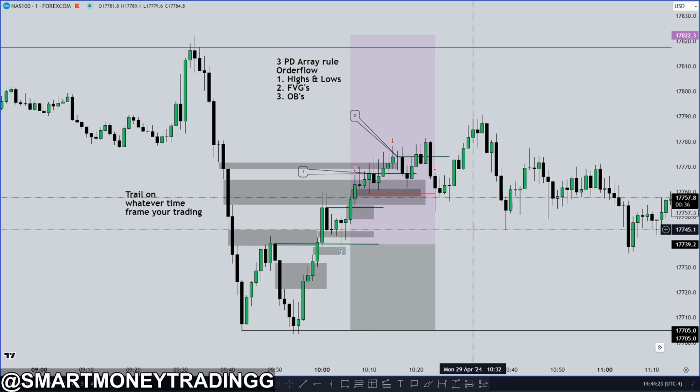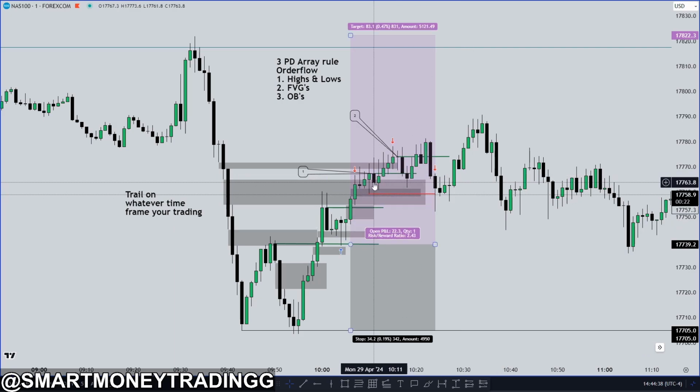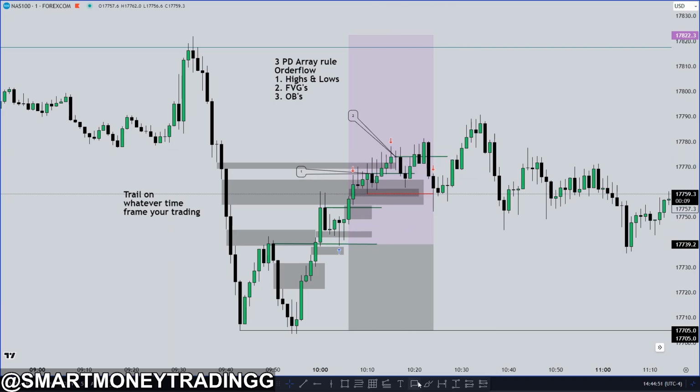I believe intermediate term lows are very strong in price delivery, and they should not get swept if you are planning to see price go higher, especially after having so many PDA arrays form and order blocks form. You don't want to see this get disrespected, nor this right here. And then this would have to be my third PDA array right here, since we did have another little propulsion